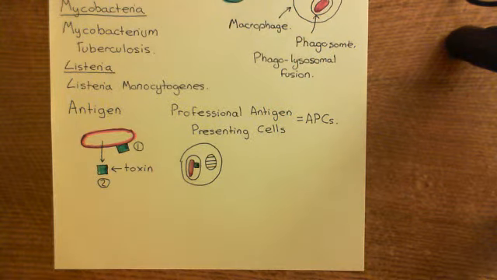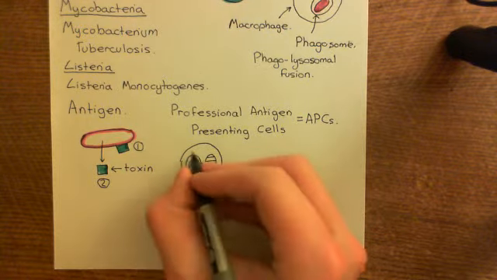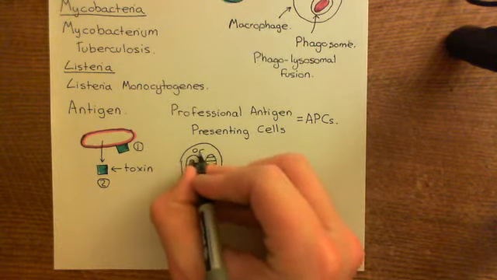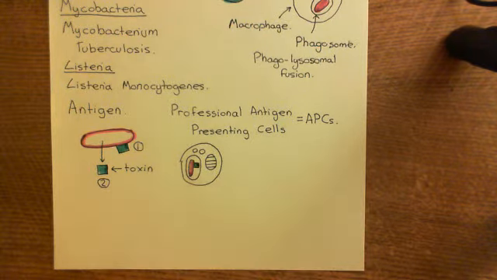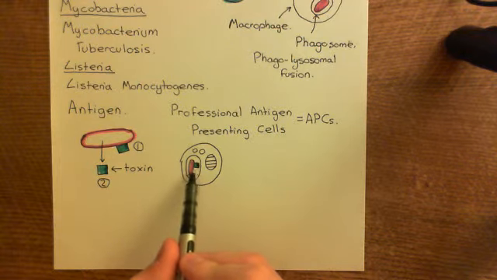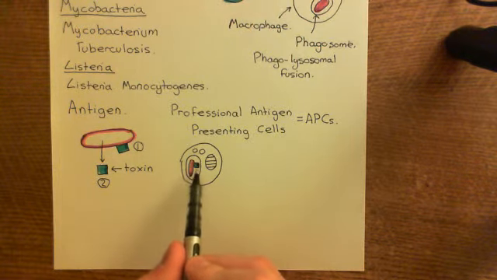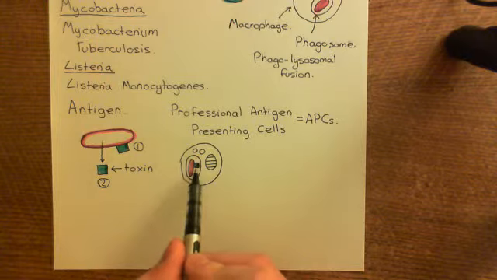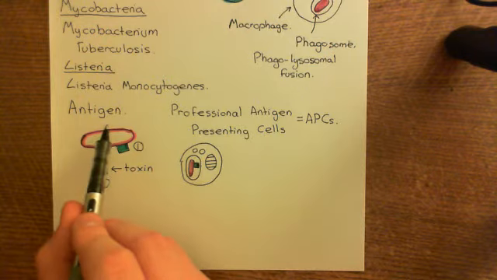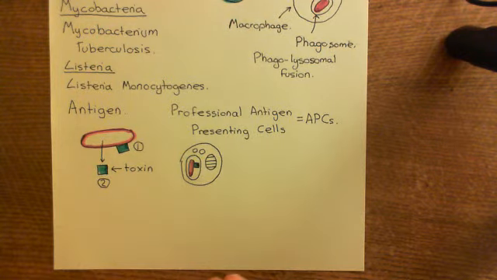Okay, so it's going to phagocytose the pathogen. It's then going to break it down by fusing the lysosomes with the phagosome and releasing these lysozymes into the phagosome, and that will break down the microbe. In addition, it will break down this surface antigen here, and you'll get loads of fragments from this surface antigen. Okay, so remember, the surface antigen is a protein. Antigens are always proteins. So we'll break the protein down, not quite into amino acids, but we'll break it down